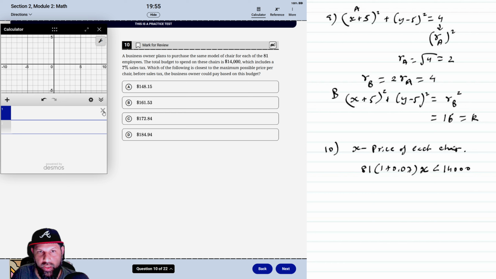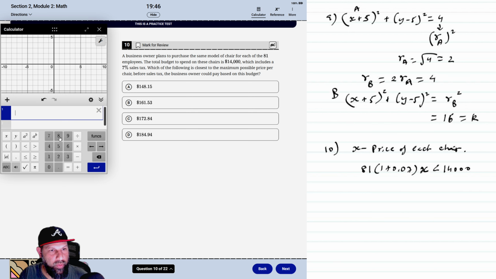Okay, because you cannot spend over 14,000. So 81 times 1.07,